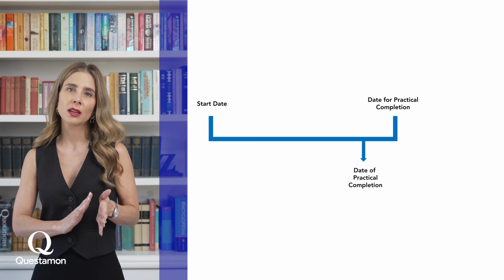Now, the reason people consider a liquidated damages clause nasty is because its operation is not affected by concepts of fault or loss. Therefore, it's possible that a principal could delay a project through their negligence or incompetence, which causes the contractor to run late. And if the contractor fails to claim an extension of time to push out that date for practical completion, they could end up paying liquidated damages in respect of a delay that was actually caused by the principal.